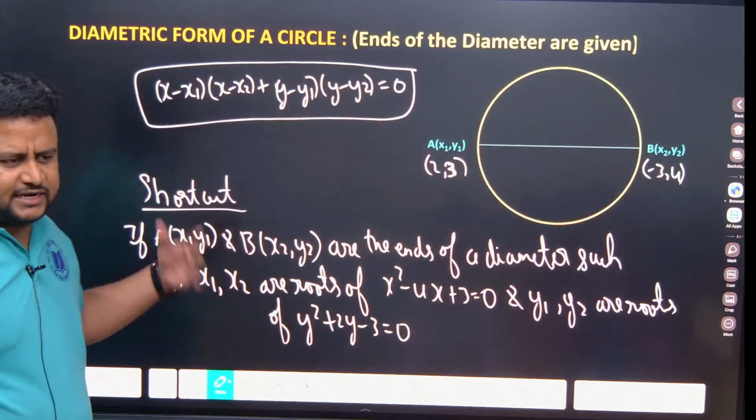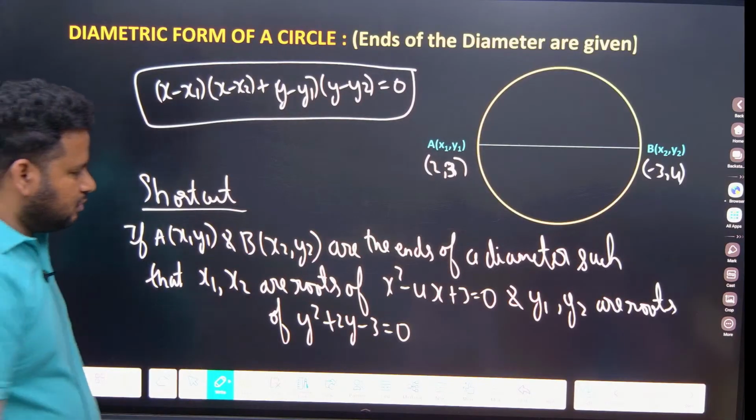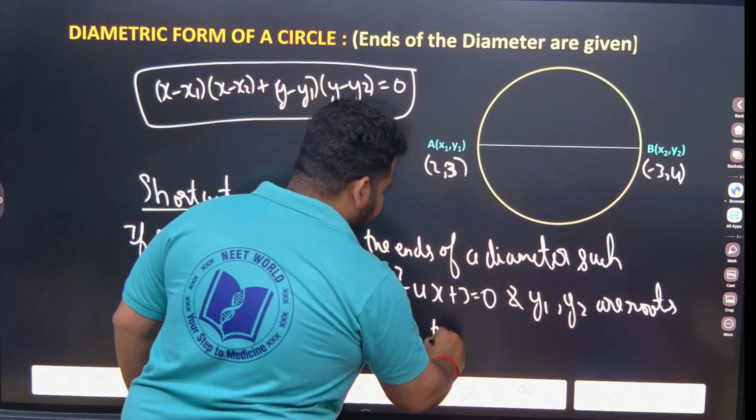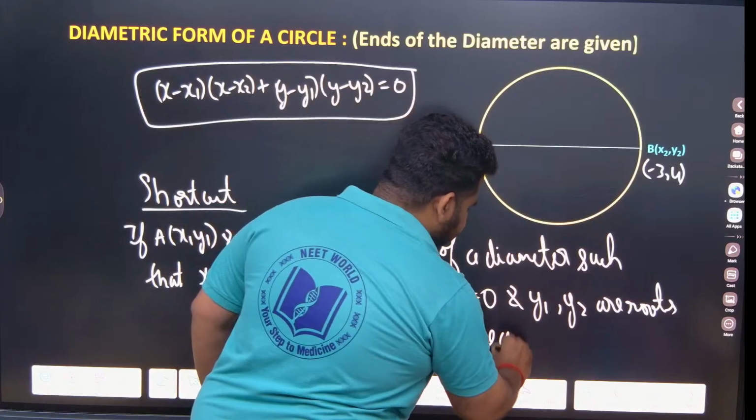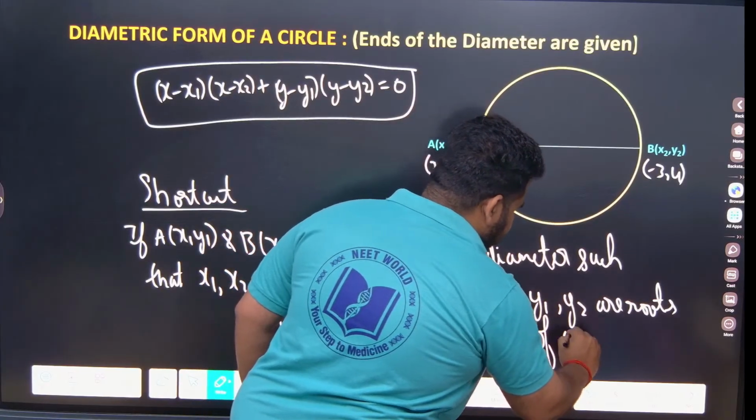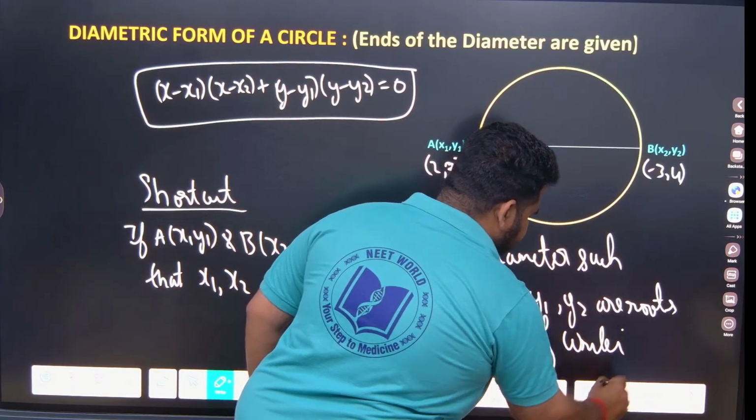I am taking some quadratic equation randomly. Then the equation of the circle is given by